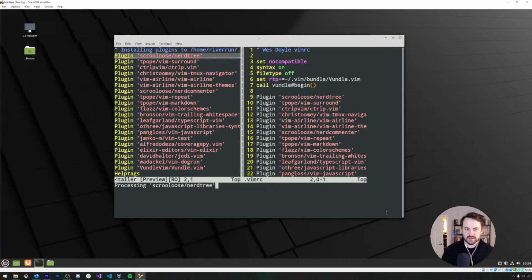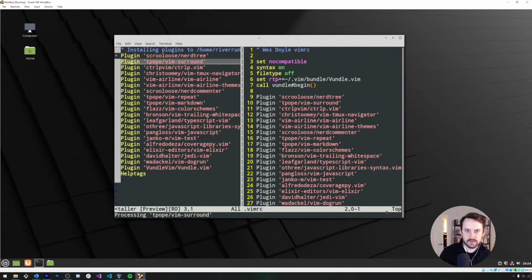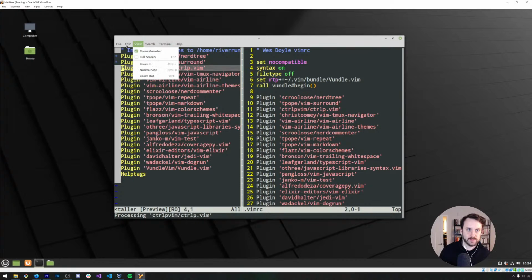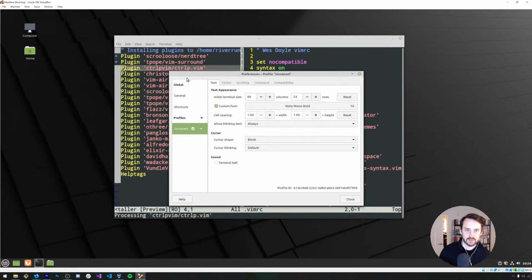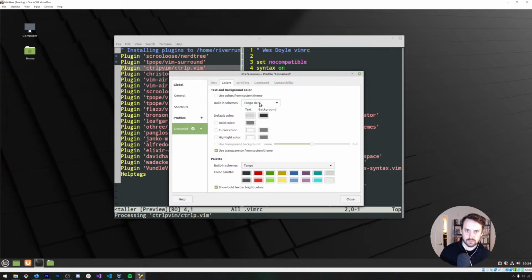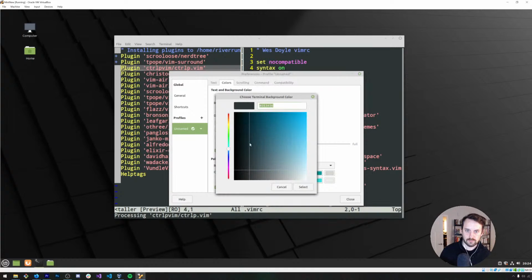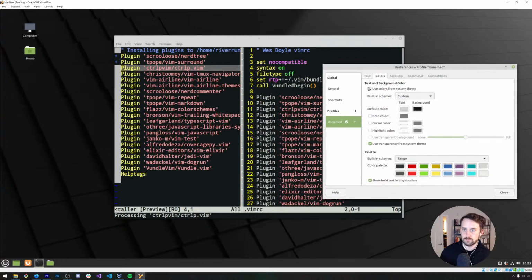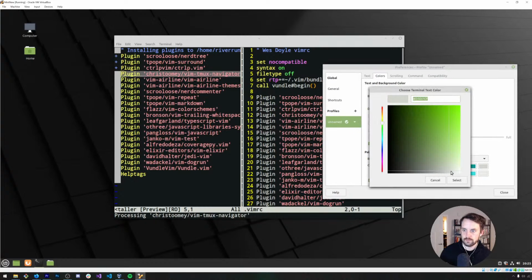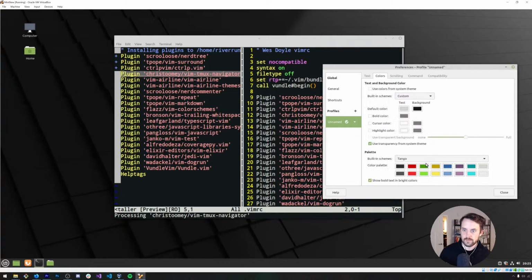Network is super slow. Most of these are extremely small plugins. NERDTree is probably the largest. Maybe color schemes. All right, while that's going, might as well tweak the terminal while those get installed. Darker. Warmer.